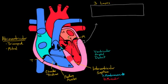So on the inside you have what's called the endocardium. And I'm actually going to draw the endocardium kind of all the way around here. It goes all the way around the valve. So now you already learned that the valves now have endocardium. It goes around the ventricle, and as I showed you in the beginning, also around the atrium, and it goes all the way up and covers both the right and left side. The endocardium is